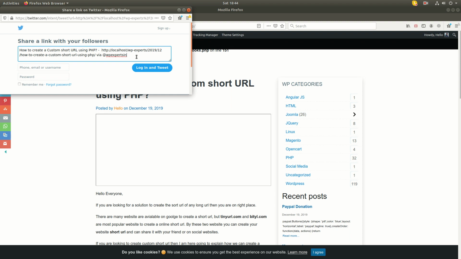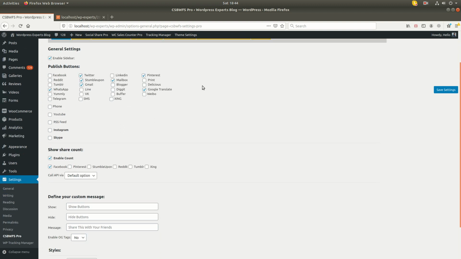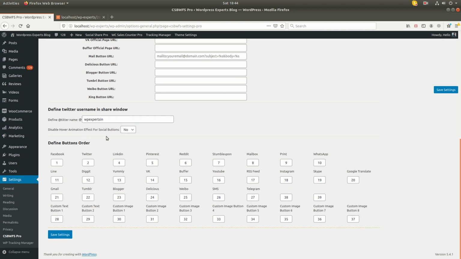So when a user shares your website content, you will get a notification that some user has shared your site on their Twitter account. So you can manage the traffic, or you can see who has shared your website on Twitter. It's a very useful feature, so you can enjoy it.